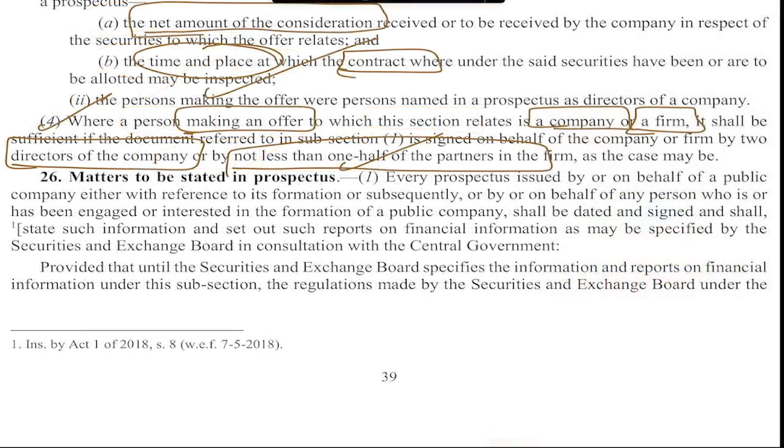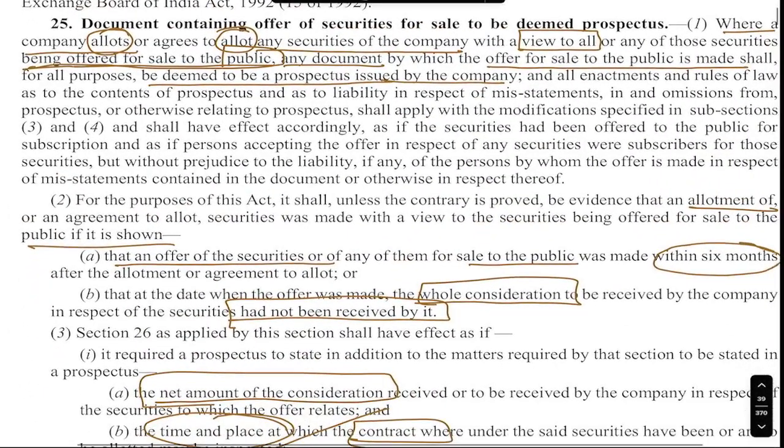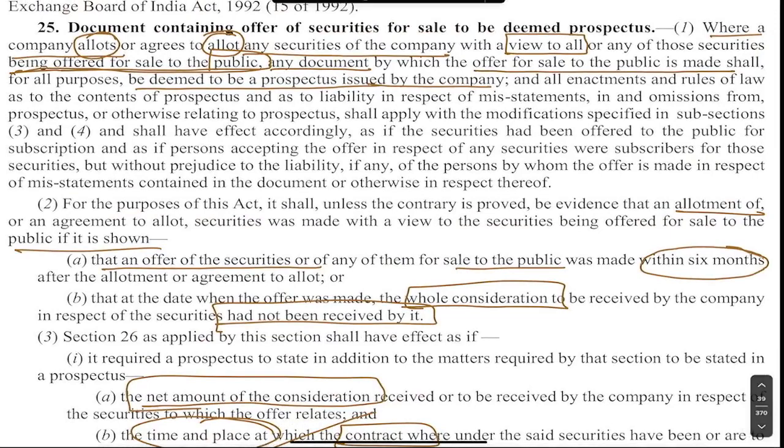The question is asked 3 times in the exam. So mark it important. There is a chance of this item from section 25. Write down. Point number 1. Keep the heading. When the section gets attracted, first you should know that. Below the question mark, write down: where the company